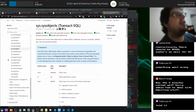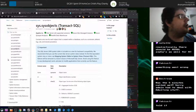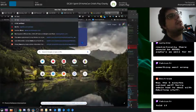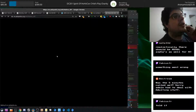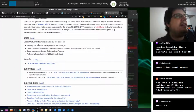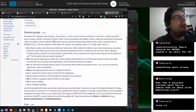Basically, the subsystem sits between your userland application and the NT kernel, and they make the two play nice with each other. There is what's known as the NT native application API, which is basically NT. It's basically the NT userland stuff. It's not documented by Microsoft, or at least it hasn't been, because